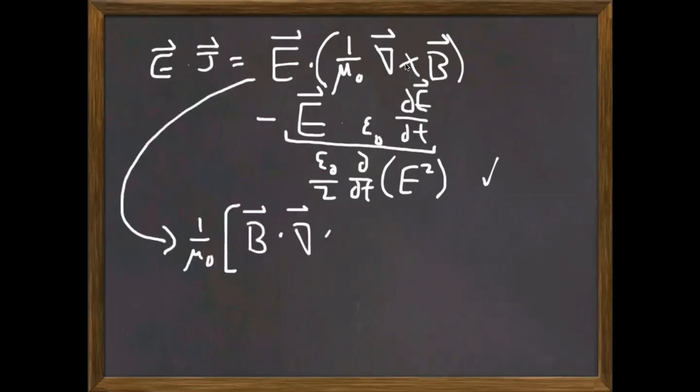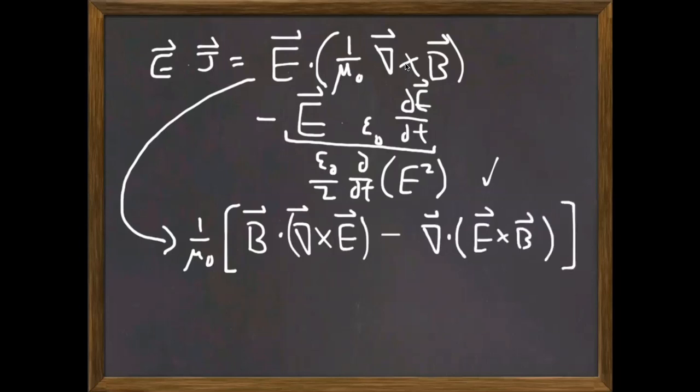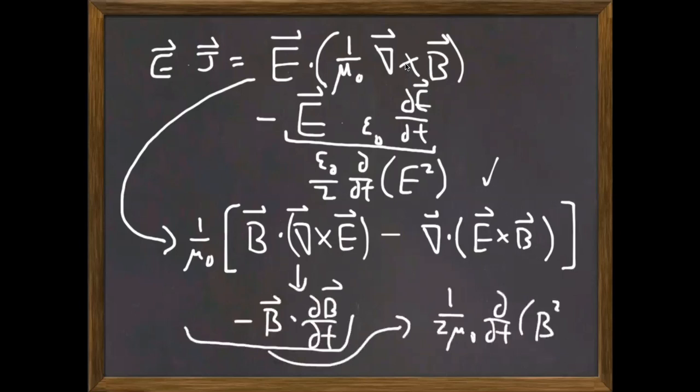Okay, so we can simplify this a little bit, doing a reverse product rule, setting the stage for integration by parts. That's detailed a little bit in lecture 18. And I just swap the curl around. I get B dot curl E minus the divergence of E cross B. And on the left-hand side now, I can replace that curl E with another field without getting my current back by using Faraday's law. So my curl E there becomes minus dB/dt,